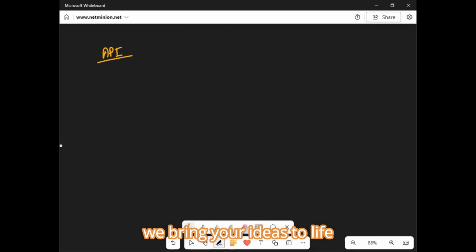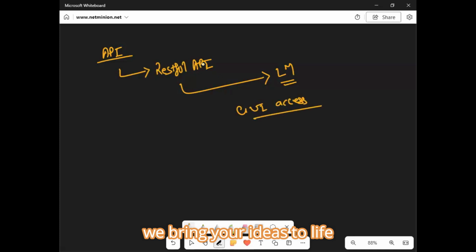This comes into the picture again when we will be doing scripting for F5. We will be using RESTful API. RESTful API means the API calls are going on layer 7. So when you need GUI access, like your GUI access, you will be using RESTful APIs.